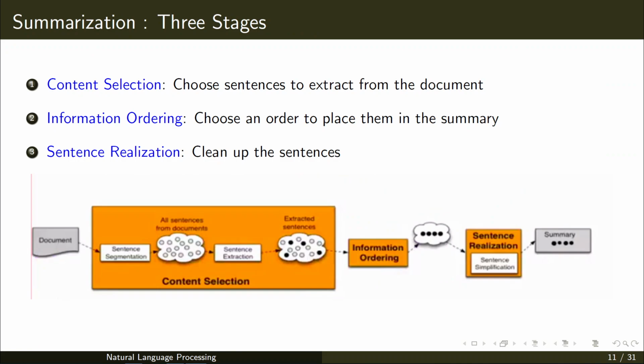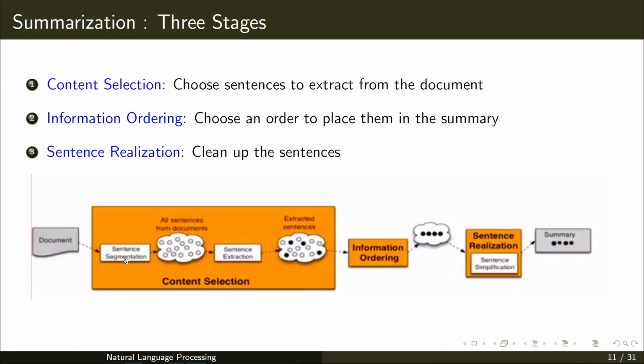So coming to the process of summarization, it has three stages. The first stage is content selection, the second is information ordering, and the third is sentence realization. So content selection, information ordering or reordering, then sentence realization. Given a document, you divide that document into sentences.